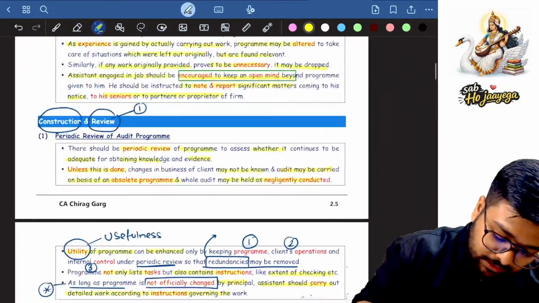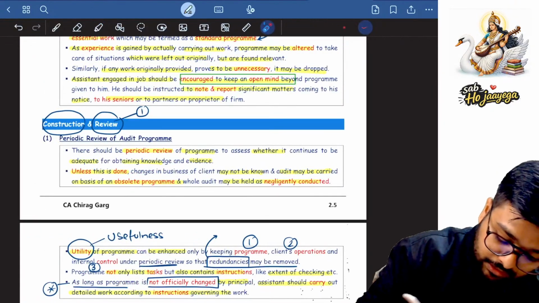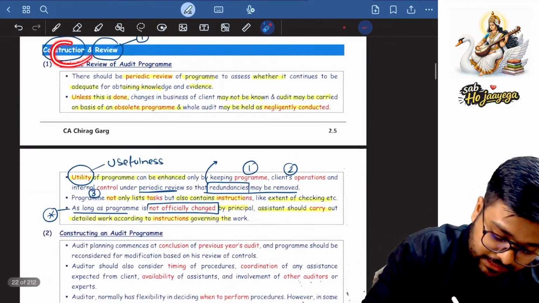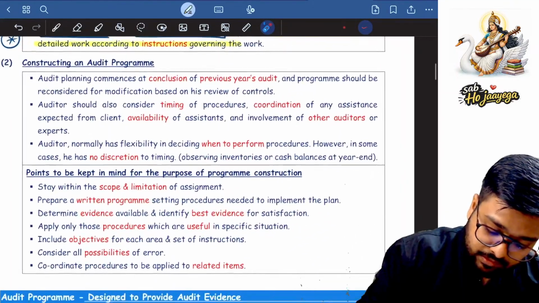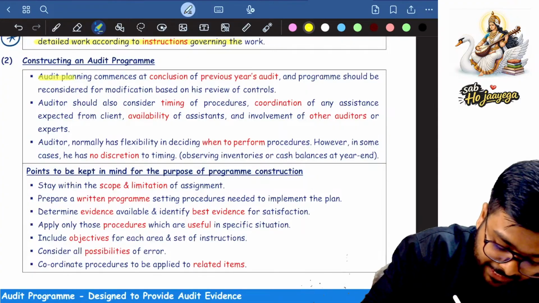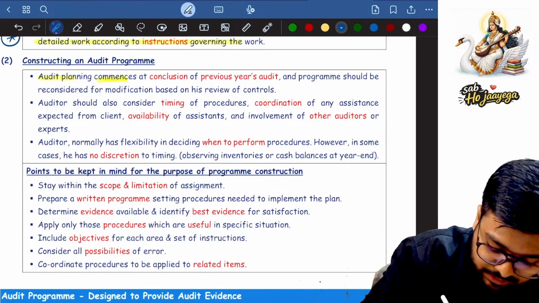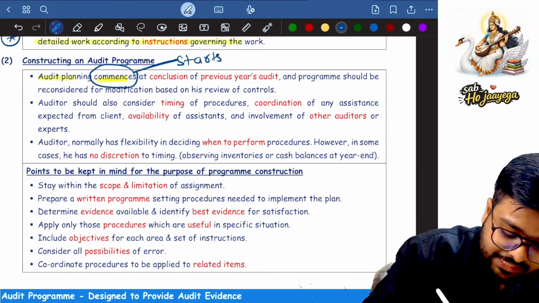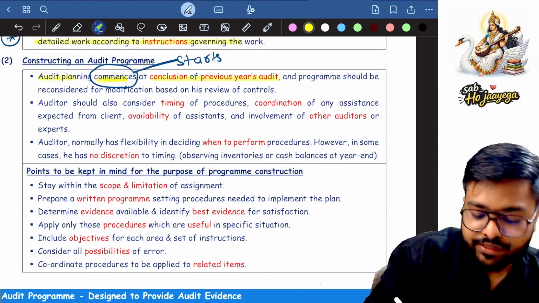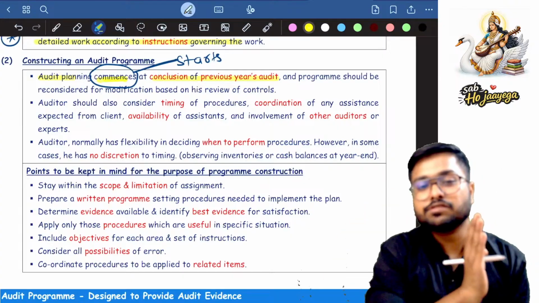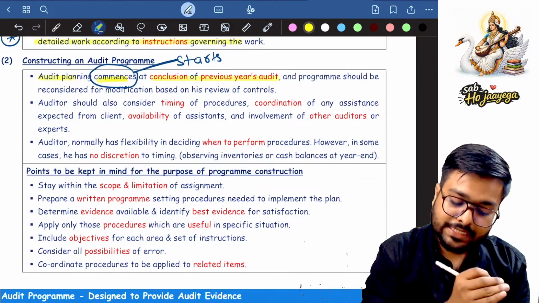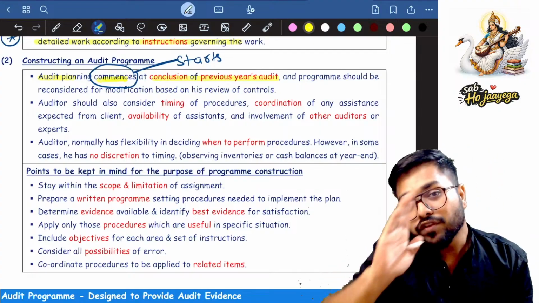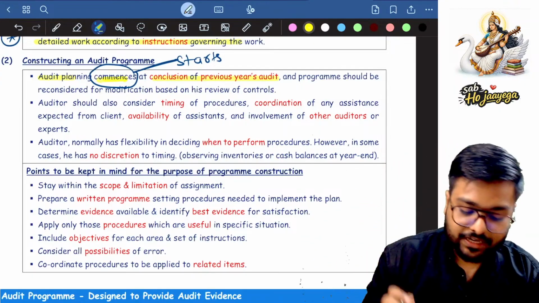So, review is done. Next is construction. It says audit planning commences, which means it starts at the conclusion of the previous year's audit. As soon as we concluded the audit for the 23-24 financial year, we will start planning for the 24-25 financial year, and